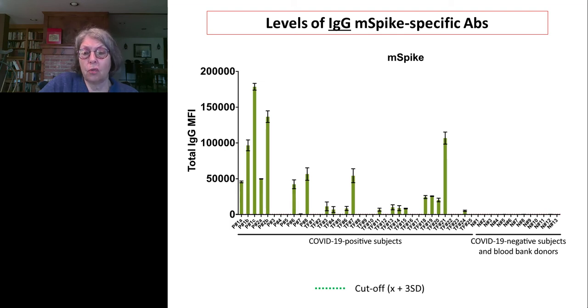This was quite surprising. We expected that they would all have IgG, although I have to stress that most of